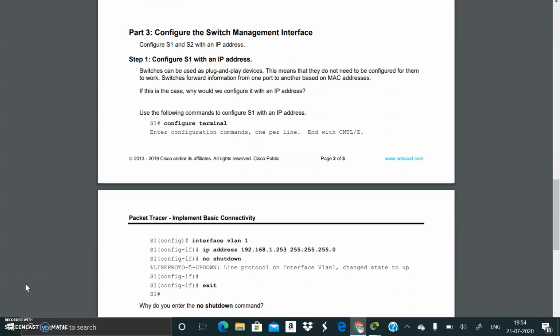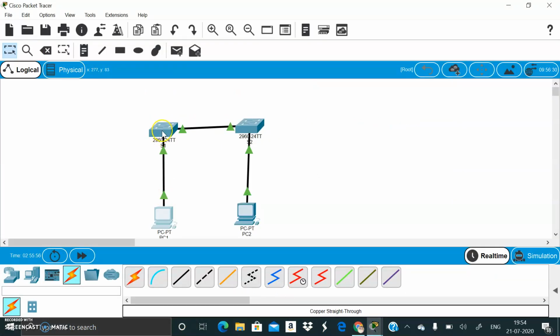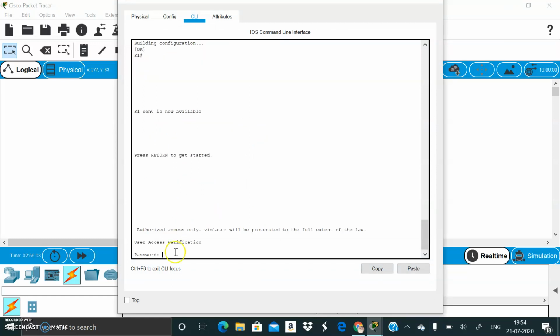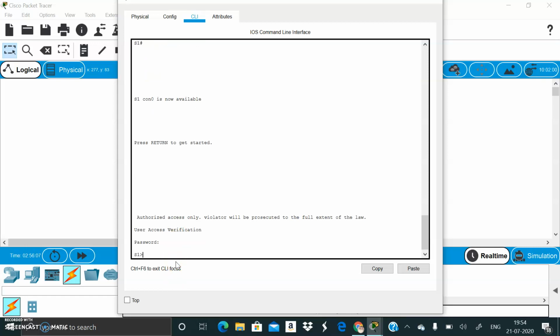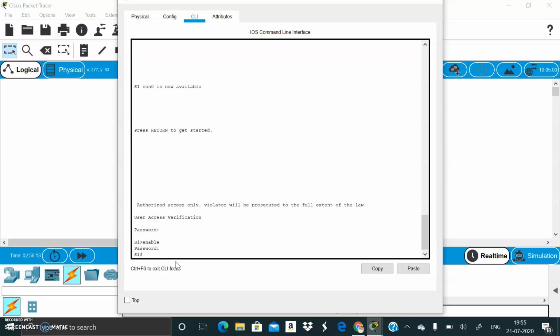For that, we have to open the packet tracer, then click on the switch 1 and press enter. Okay, the password is Cisco, enable, class. Okay, now we have to enter into the global configuration mode.